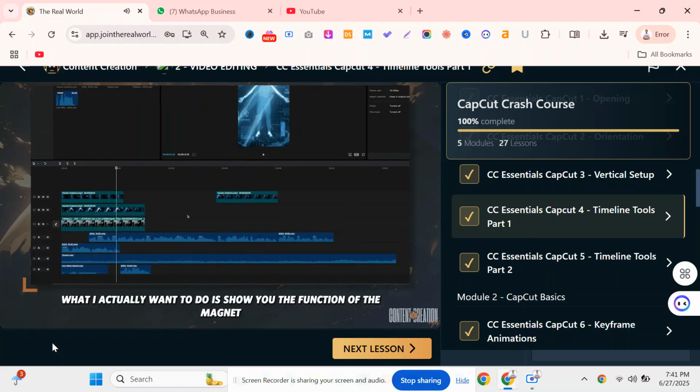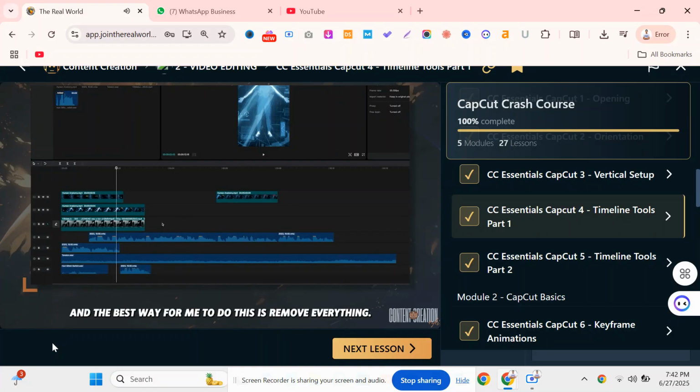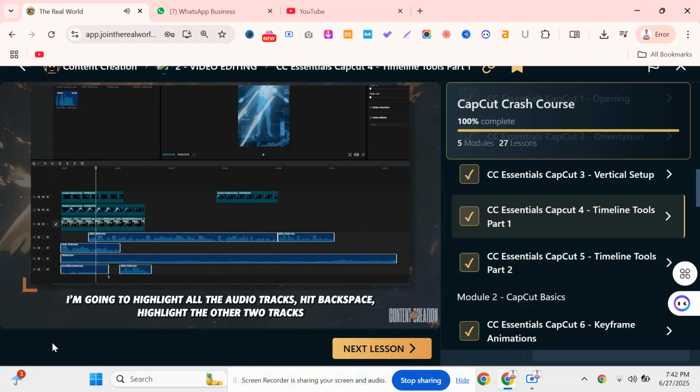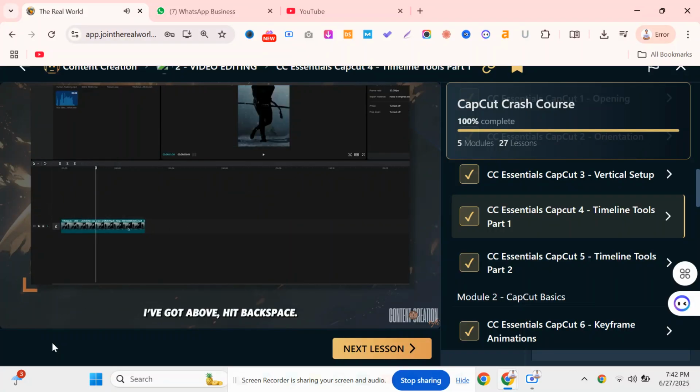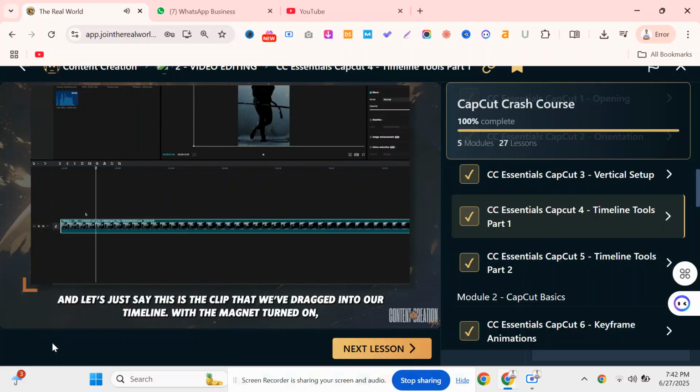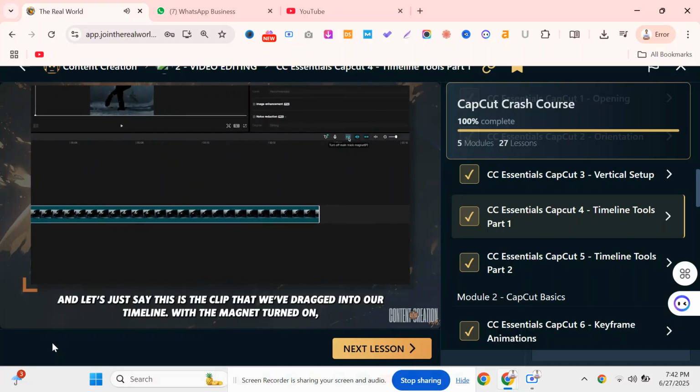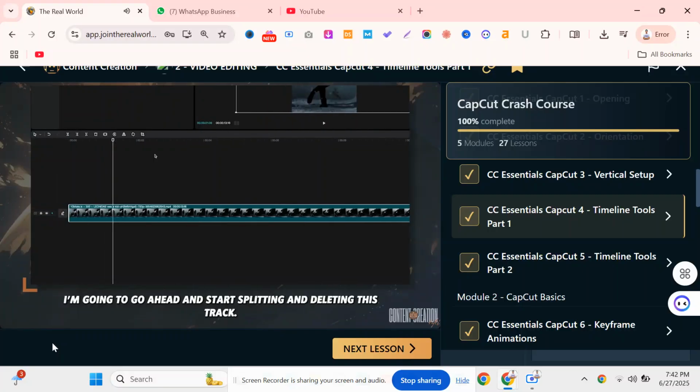Now ignore the timeline. What I actually want to do is show you the function of the magnet, and the best way for me to do this is remove everything. I'm going to highlight all the audio tracks, hit backspace, highlight the other 2 tracks I've got above, hit backspace, and let's just say this is the clip that we've dragged into our timeline. With the magnet turned on, I'm going to go ahead and start splitting and deleting this track, which leads us